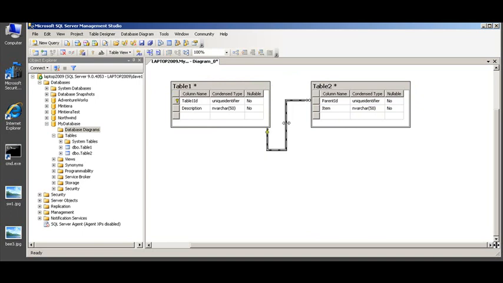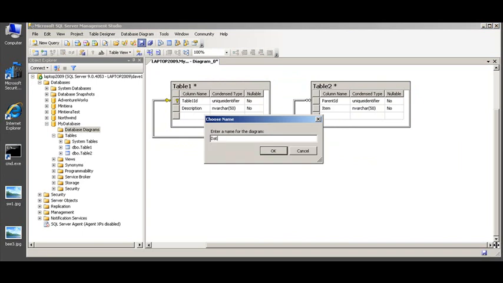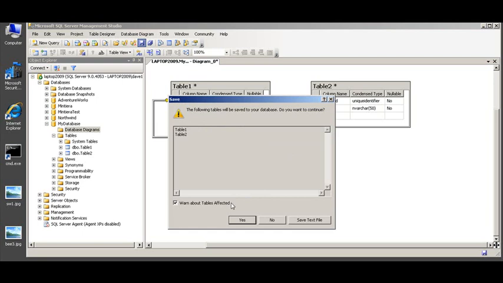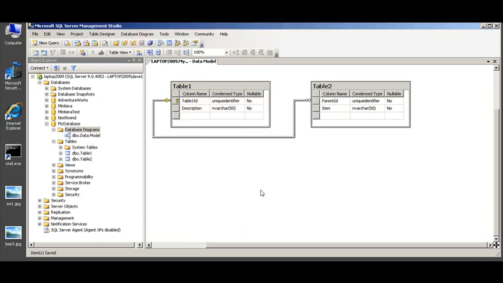And we'll adjust our relationship object a little bit, make it look nicer. Alright, and now our data model is complete. We click the save floppy disk, and we're going to call this the data model diagram. Click OK, and then we want to save the changes to the two tables. Click yes. If you want to print this out,